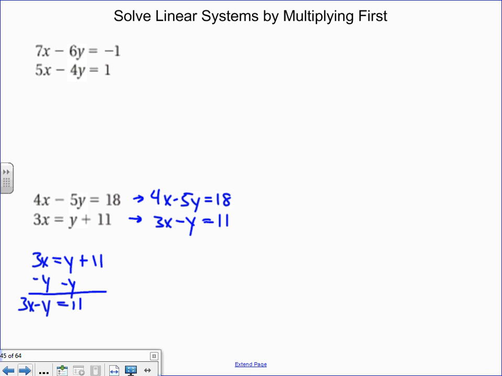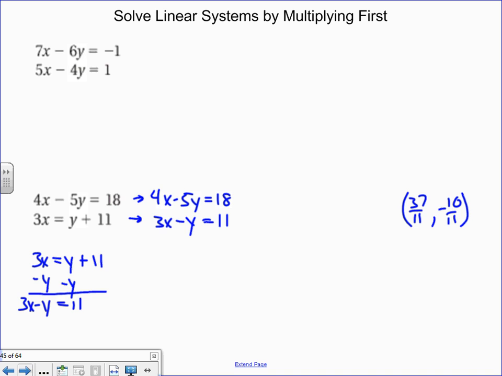Now this problem is kind of a doozy. I wish I wouldn't have picked it here, but I'll just give you what the answer ends up being here. You should end up getting 37 over 11 for x and negative 10 over 11 for y. So little fractions there. Okay, so go ahead, pause the video, take some time to work on these two problems,